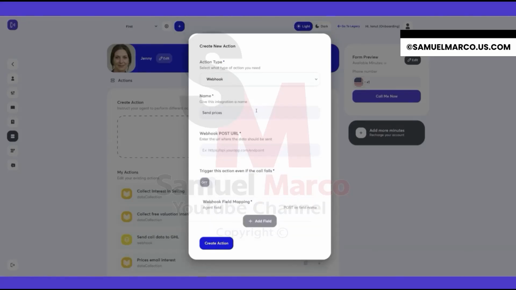Webhooks can be used to integrate different platforms and send data after the call. This webhook action will be triggered after each call, and we will send data to the webhook post URL you specify here. This URL, you can get one from the other platform that you are using to integrate with and